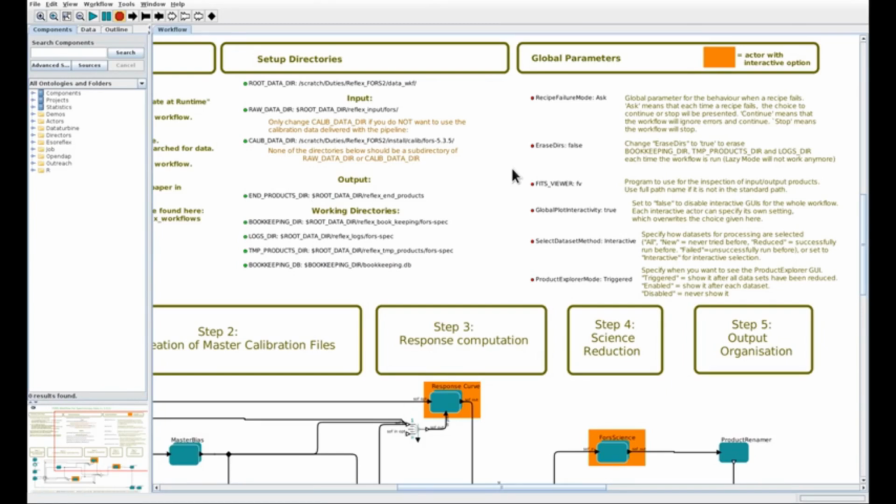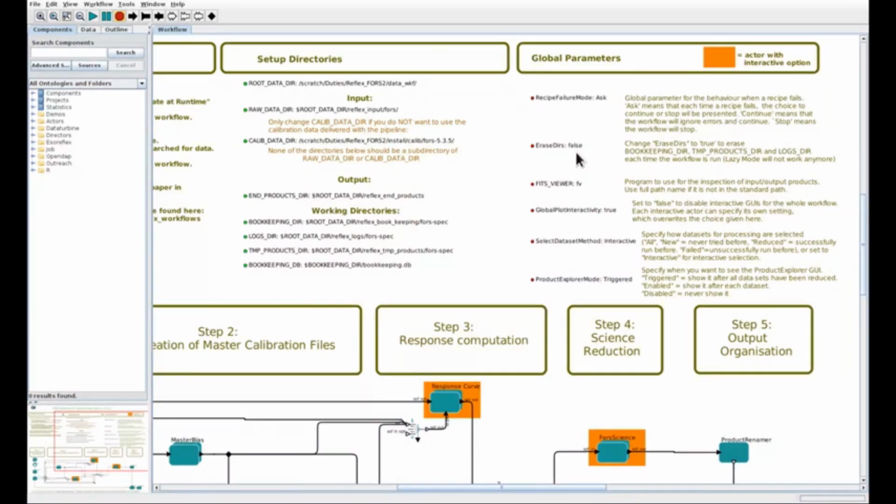The purpose of lazy mode is therefore to minimize the data reprocessing. It is fair to say that the lazy mode trades disk space for speed. For the successful operation of the lazy mode, the erase dir parameter must be set to false to preserve previous data reduction products. Lazy mode has the biggest impact when processing a large number of similar data sets in batch